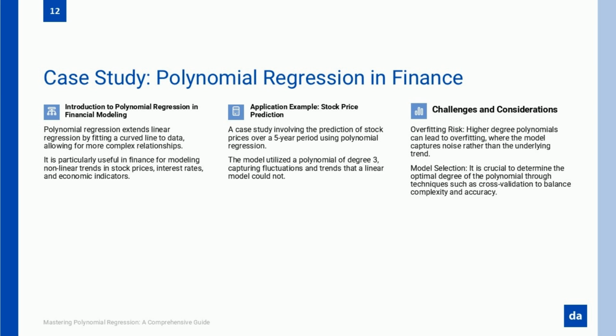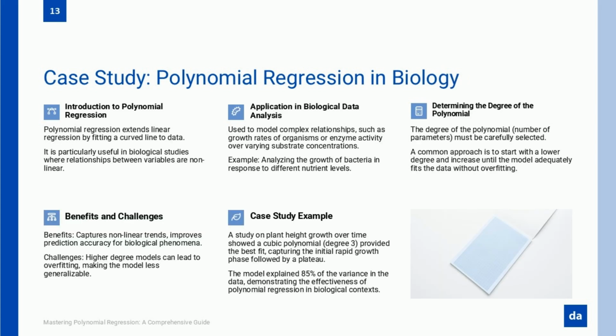In the next section, we will explore another case study in biology where polynomial regression is used to model population growth and dose-response relationships in pharmacology. Polynomial regression is widely used in biological research, where relationships between variables are often nonlinear. In this case study, we explore how polynomial regression helps model biological processes such as population growth and dose-response relationships